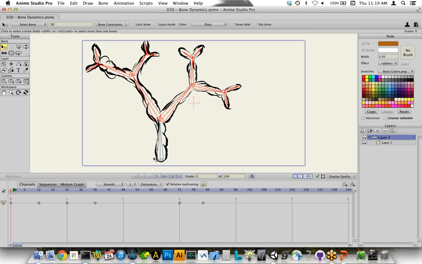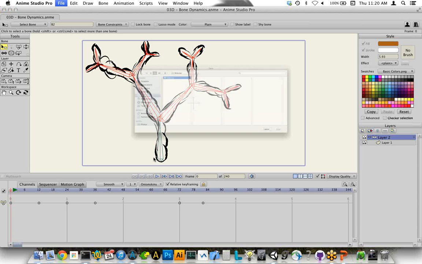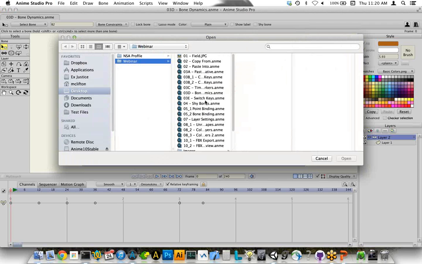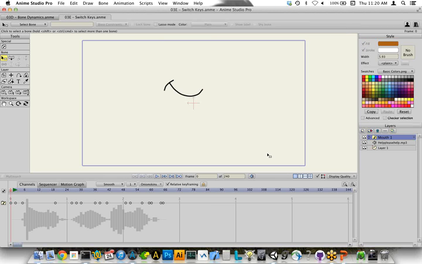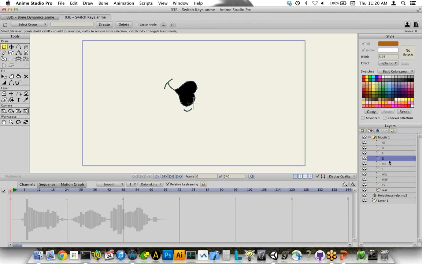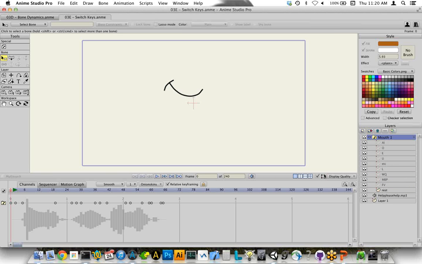Right. Let's move on to something about switch layers here. So here's a simple switch layer. Switch layers are used for things like mouths, eyes, hands, and what a switch layer is, it's a group with multiple layers inside it, but only one of those layers can show at a time. So it's great for making a mouth talk, or an eye blink, or a hand change from open to a